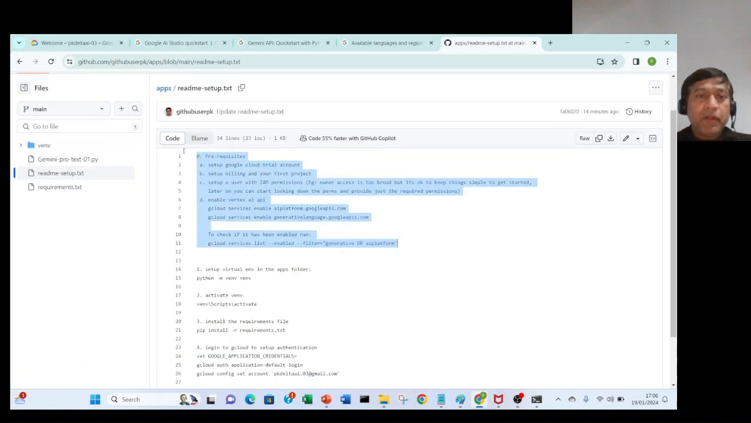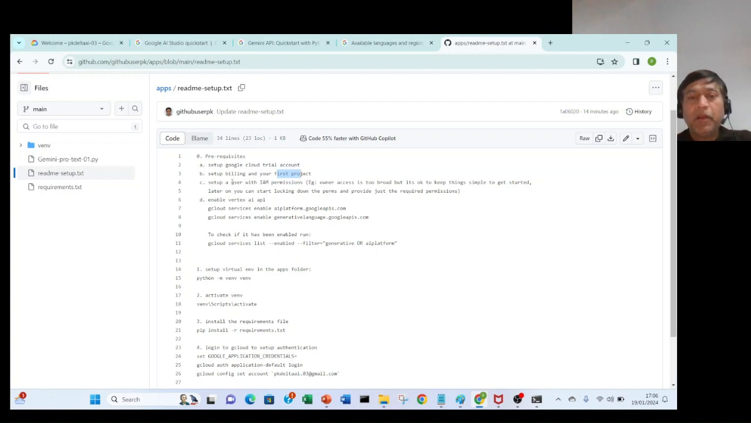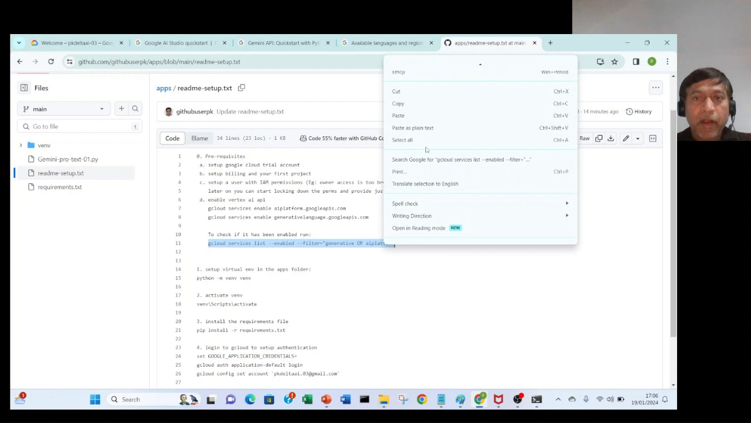The first step is this prerequisite where I'm assuming that you have a Google Cloud account, a billing account setup, and a project that has been created. And the user is having access of owner, just to keep things simple. We need to enable the Vertex AI API as shown here. In my setup, I already have enabled it. So I'll just show you here by running this command